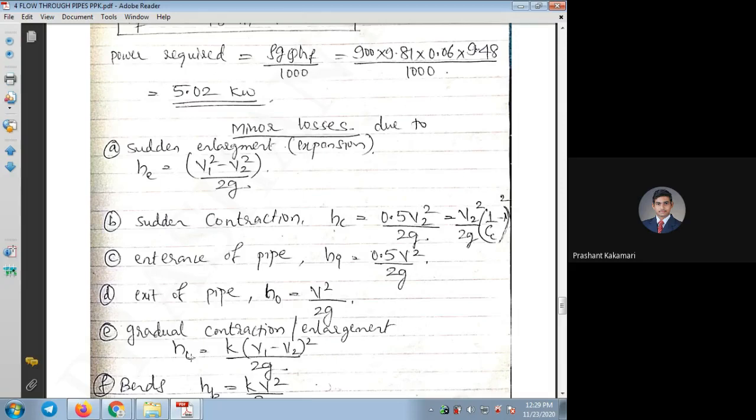So again the same formula, and to represent that it is the entrance of the pipe, they have taken HI, because they already used HI here for sudden enlargement, the sudden expansion. So HI is represented for the entrance of the pipe as 0.5 V square by 2G. Now why have they not recorded it as V2 square? Because we cannot differentiate the velocity of the tank and the velocity of the pipe. Because in the tank, initially we assume there was zero velocity, or